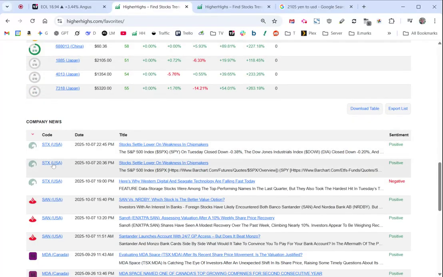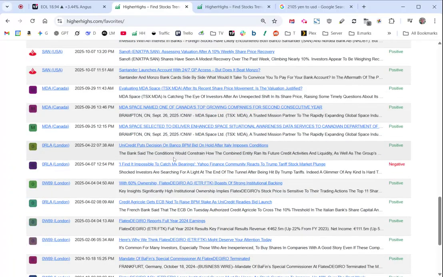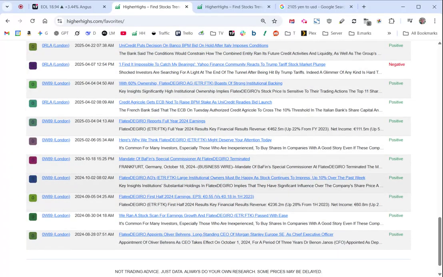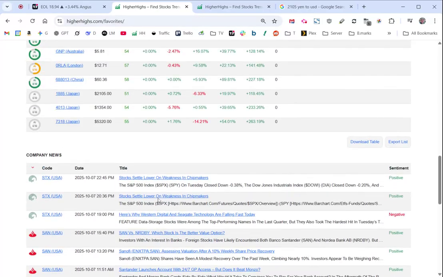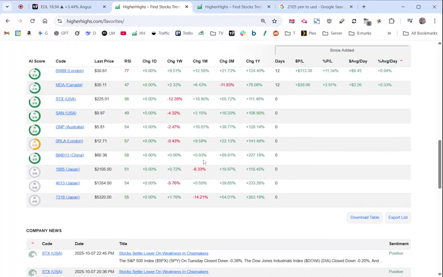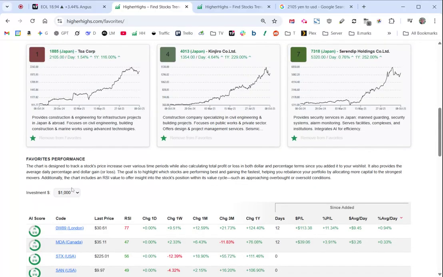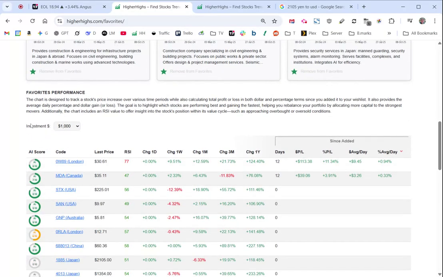And you'll see back here on this page, it's also got the company news for most of these stocks. I'm going to get rid of that company news because it's a pain. It doesn't really add much value. Here you're better off going to the individual stocks and having a look at what the news is. If you want to look at the news, it gives me a bit more room to put more things on this page. Like I'll start to have an AI analysis performed on your favourites list,